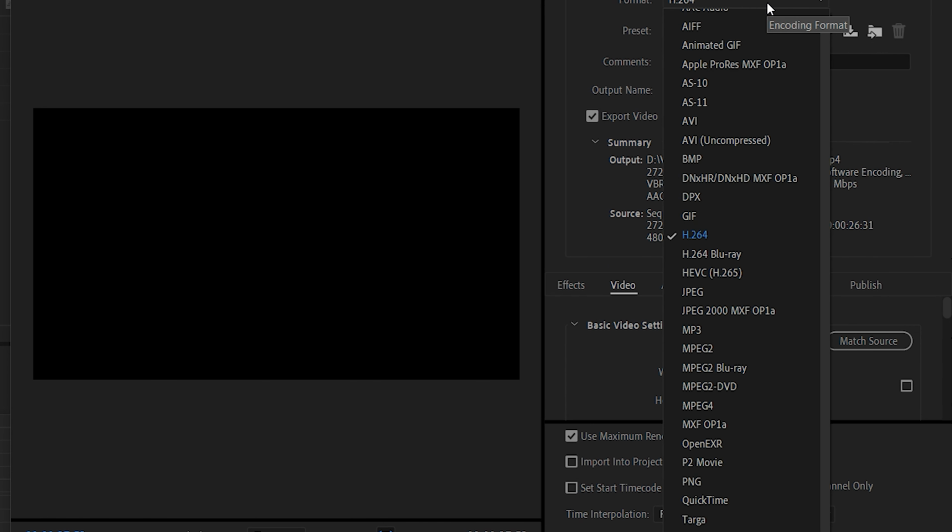So these export settings will be for the highest quality YouTube uploads, not for the smallest files or fastest render time. So first thing we want to do is select a format. You will want to choose the H.264 codec. A codec is software that compresses your videos so they can be stored and played back. H.264 is YouTube's recommended codec.